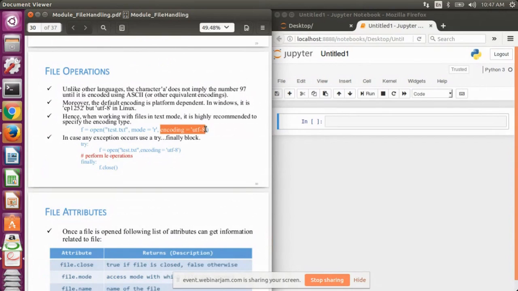then A will be read as A if you specify the encoding as UTF-8. Generally, by default, the coding scheme for a text file is UTF-8 only, or you can say ASCII code only. But in some cases or on some systems like Windows, the encoding scheme that we generally follow is CP1252. So if you're reading a file on a Windows system, it is generally better to specify the encoding scheme.